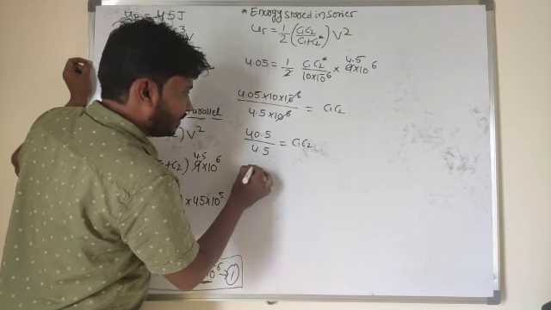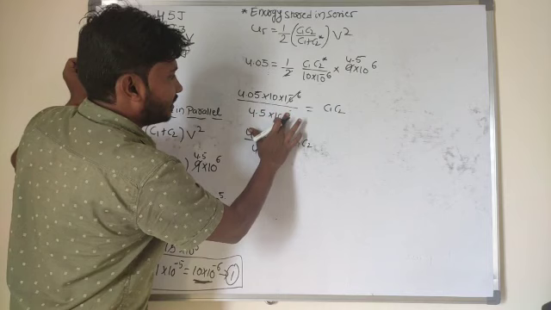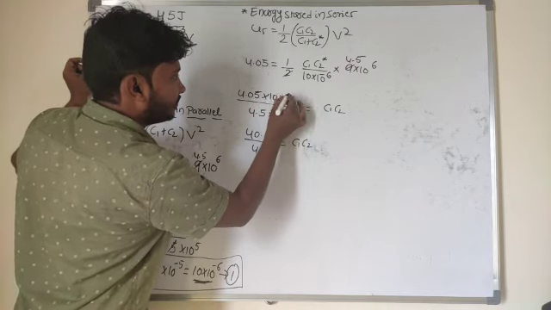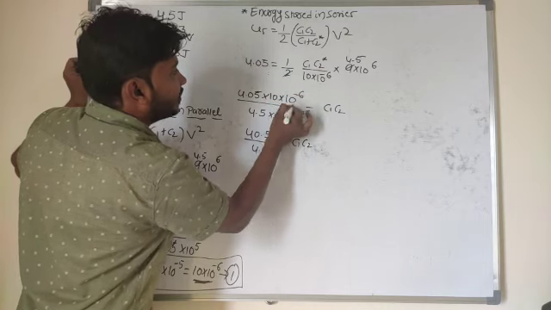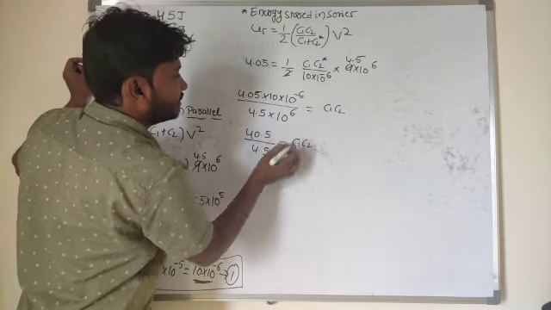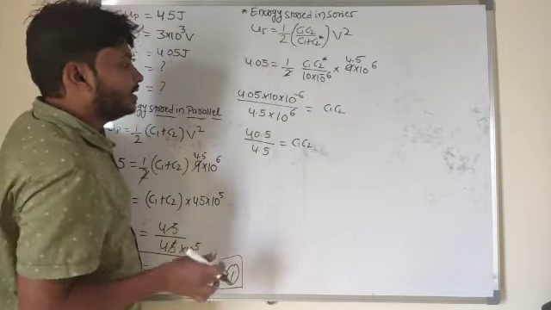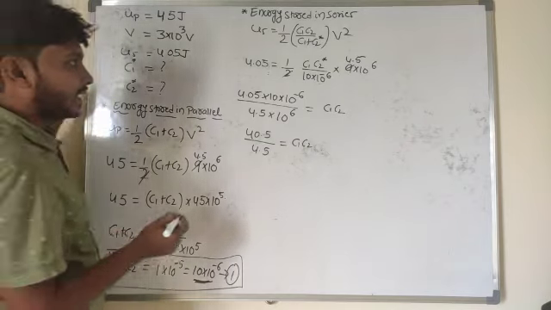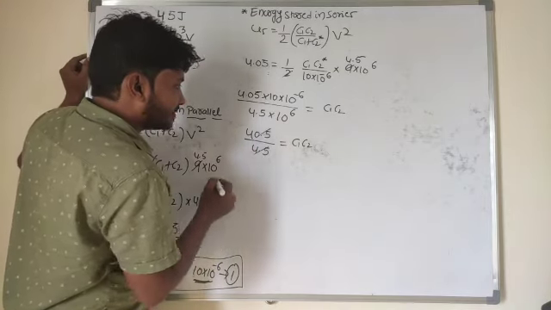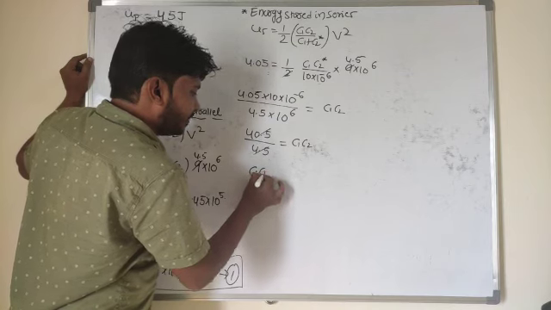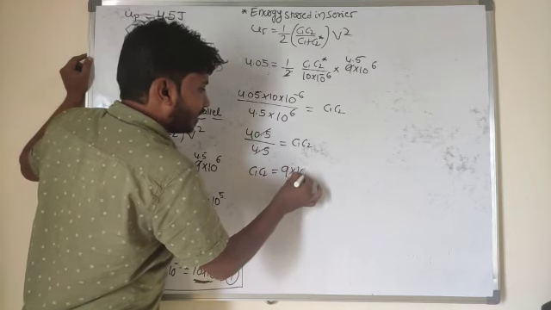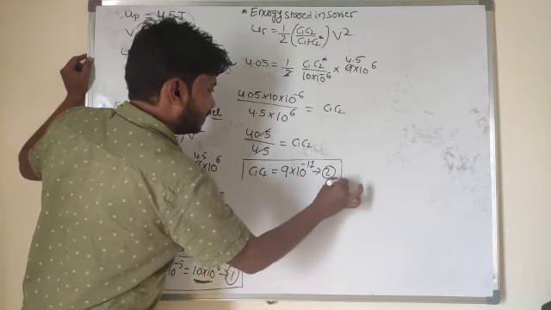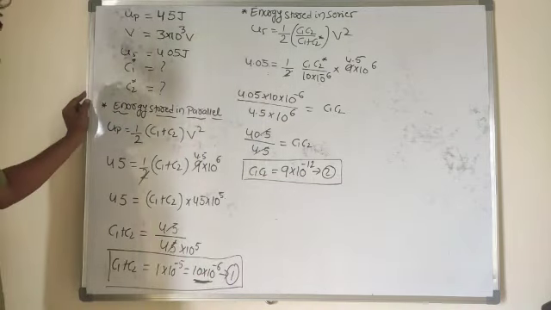C1 into C2 is equal to, okay, sorry, this is 10 to the power of minus 6, sorry, this is 10 to the power of minus 6. So this one is 10 to the power of 6. If it goes to the numerator, 10 to the power of 12 it will become, so it becomes 10 to the power of minus 12 here. So it becomes a 9 here. So C1 into C2 is equal to 9 into 10 to the power of minus 12. So I can take this as equation 2.